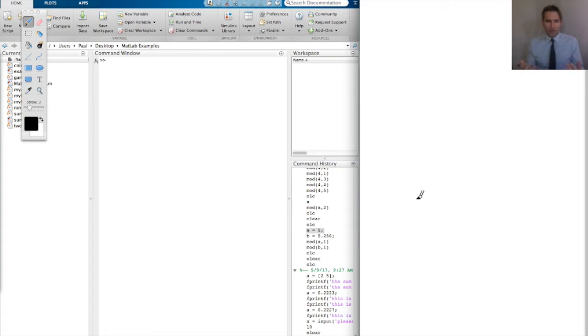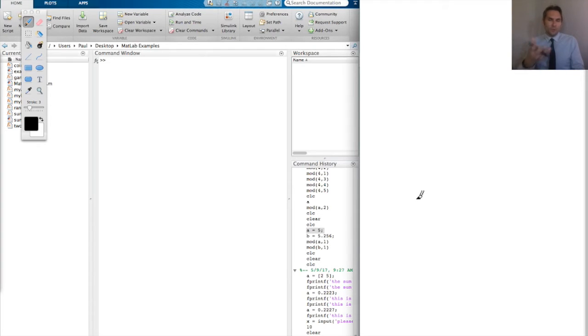Also, maybe you have a certain application and you want to echo lots of variables to the user. The derivative of blank is blank, or at time blah blah blah, the integral is such and such. Okay, so if you have a lot of different things to look at, a lot of different variables that you're echoing to the user